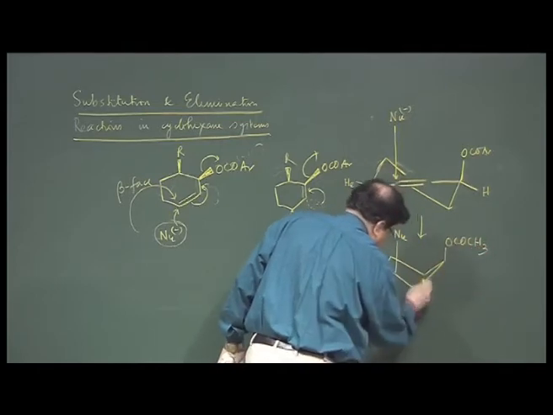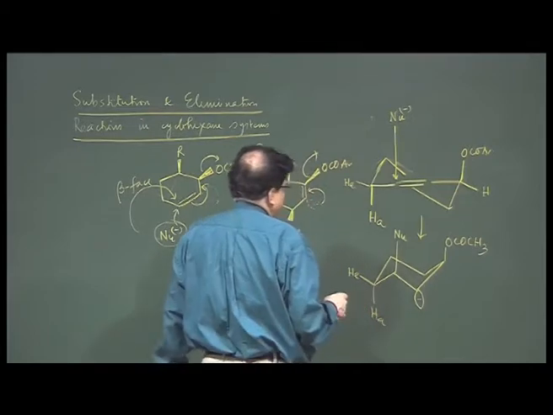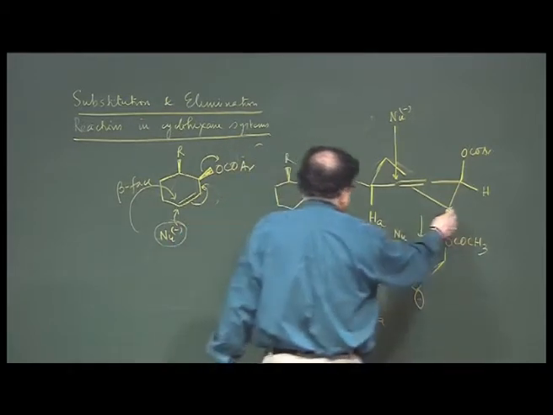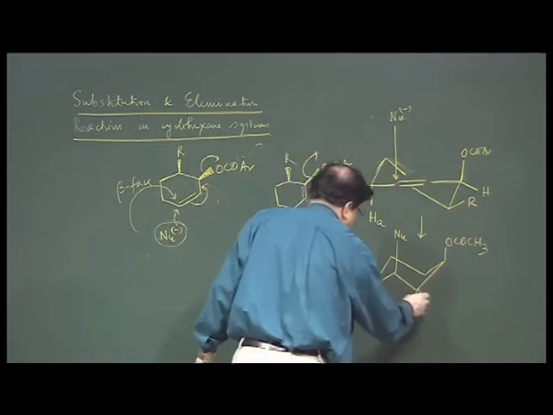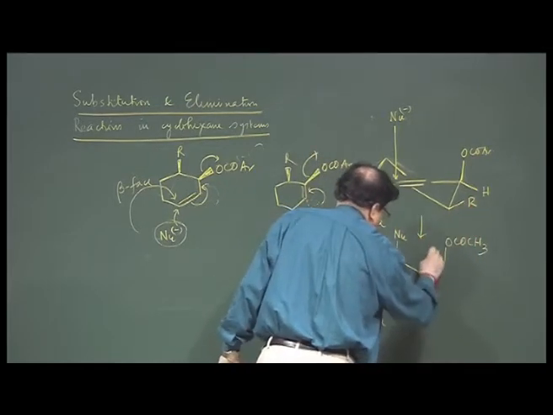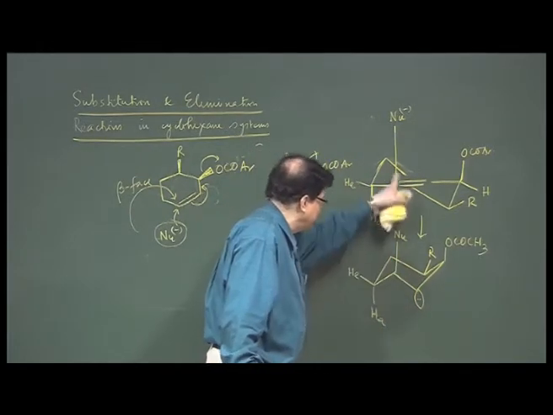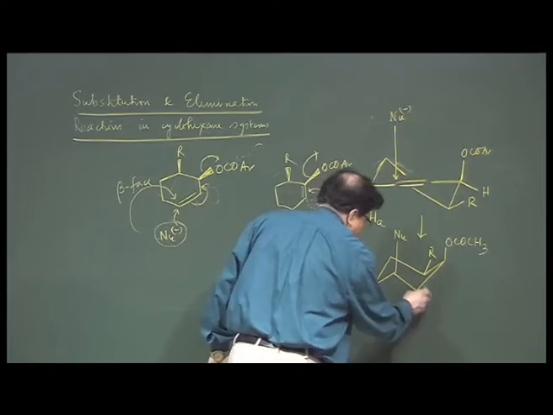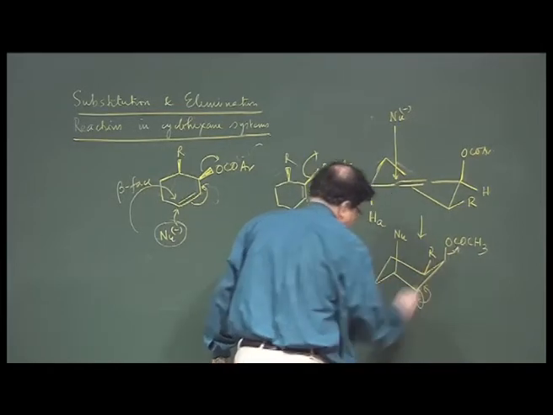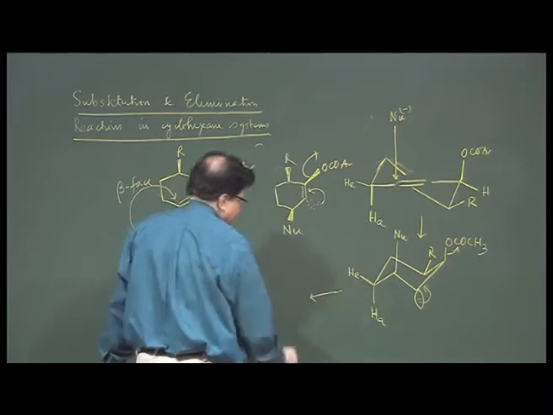So, now the negative charge, and actually you have an R group to start with. Where was that R? The R was the beta. So, R was here, and so the R was now here. Remember, it was on the back side. So, R is here. So, now this comes and kicks out the acetate, and the product is the cyclohexane again,